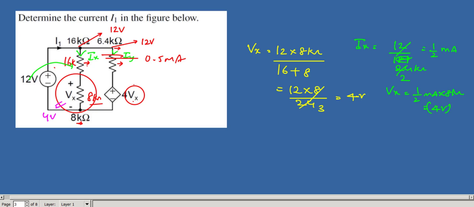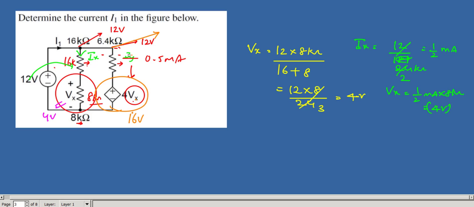Okay, so if I know current through this branch, then the matter is over. So you can see here 12 volts is there, here 4 Vx is there. What is the Vx here? Vx equal to 4 volts, that equal to 4 into 4, 16 volts. Okay, so 12 minus 16. So the current in this branch,